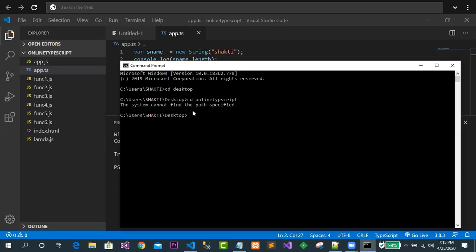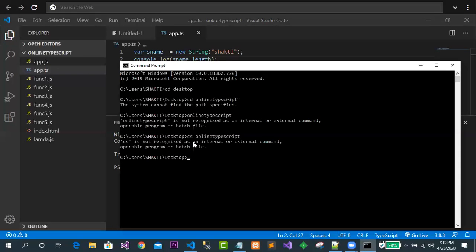Sorry, this is not exactly the name. Just see, online, TypeScript. What happened here?